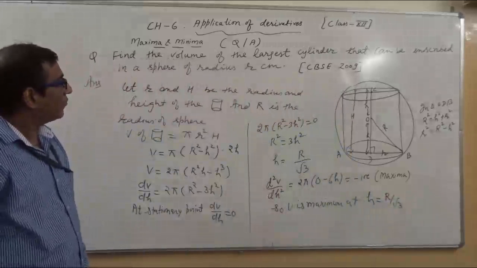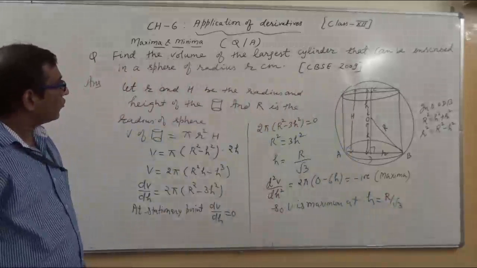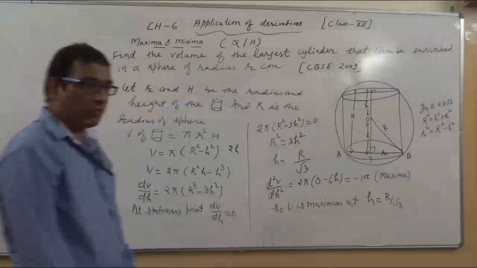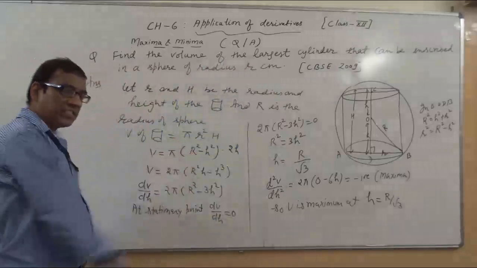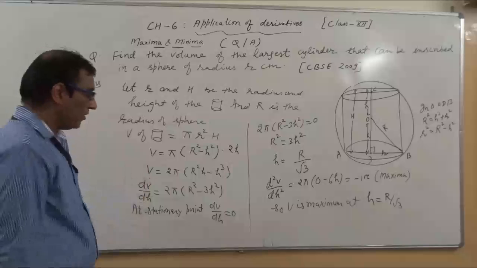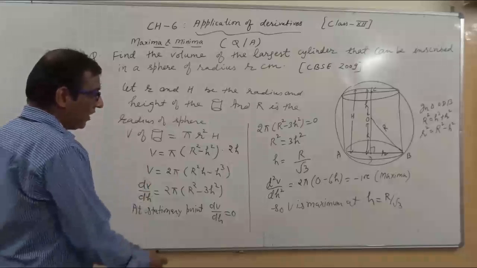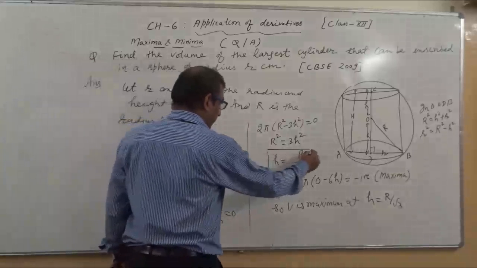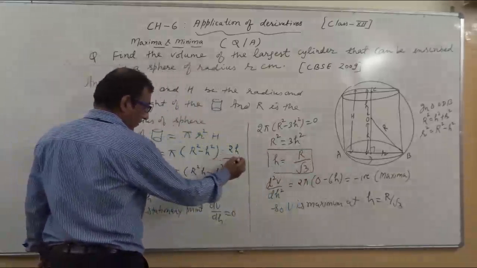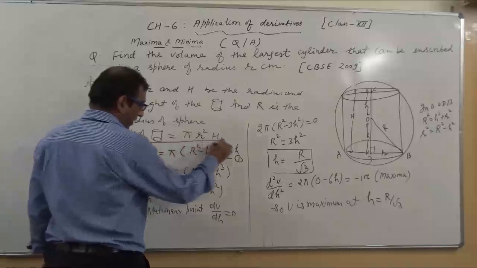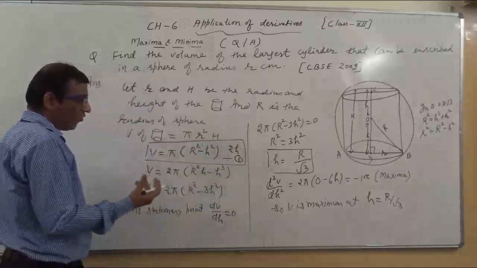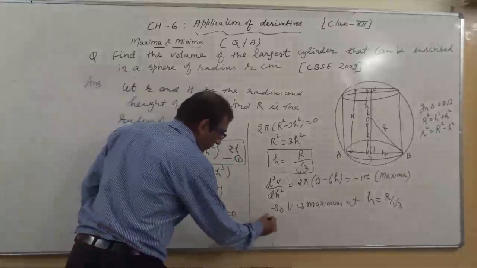Now after this, what we have to show? We have to show the volume of the largest cylinder. Okay, so this is the largest concept of volume. After this, we have to find the value of that volume. So how can we calculate the value? We will put the value of h here. This is equation number 1. If we mark this equation as equation number 1, then how will we calculate the value of volume? So from equation 1,